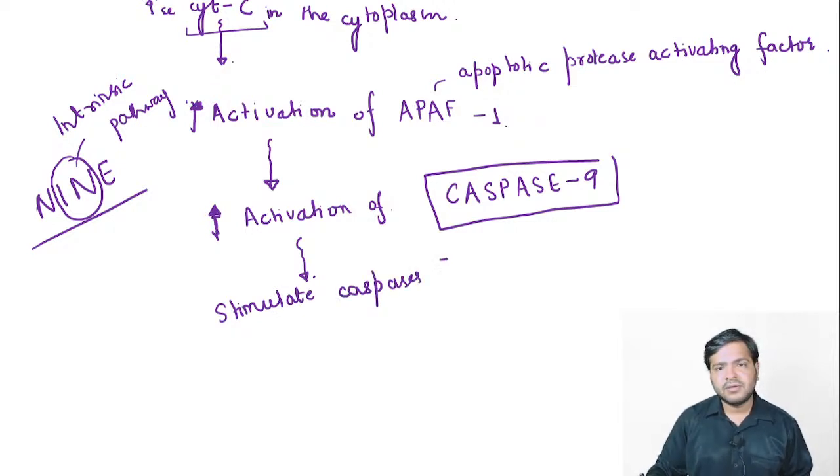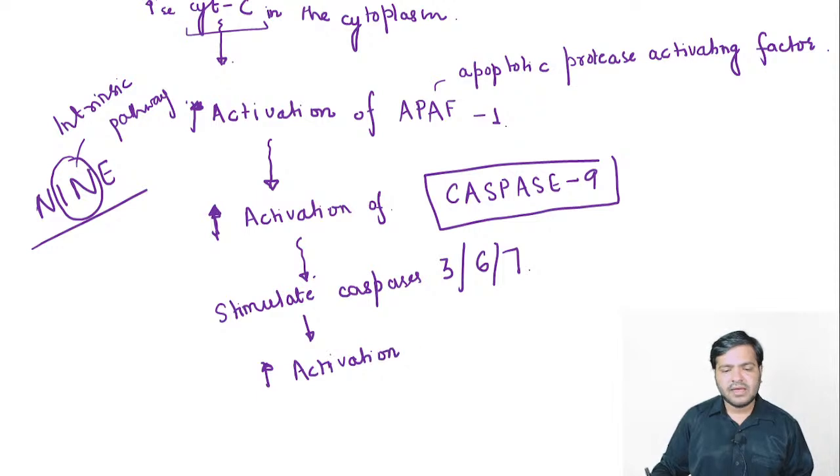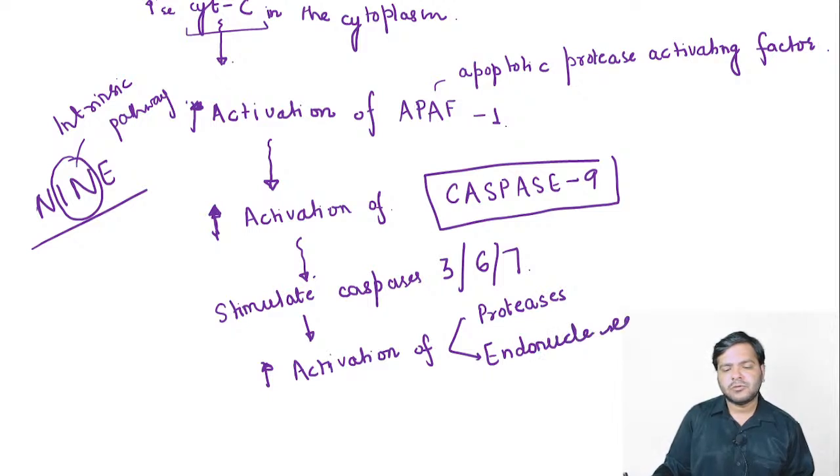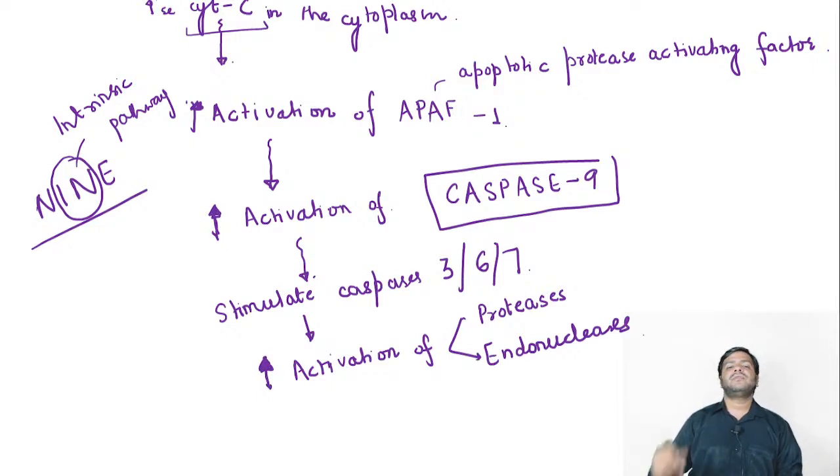caspases 3, 6 and 7, which will lead to increased activation of proteases and endonucleases. देखो प्रोटीएज प्रोटीन को डिस्ट्रॉय करने वाला, endonuclease something which is